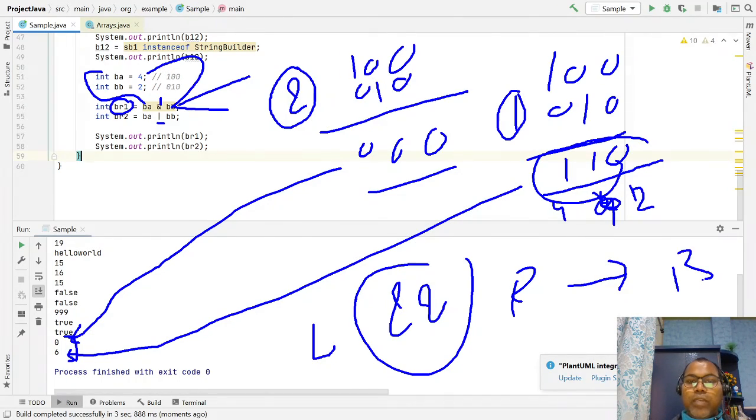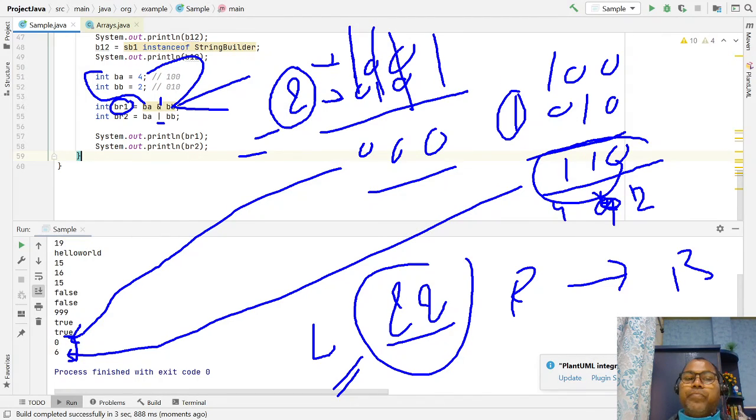So this is the major confusion between the single ampersand and the double ampersand. Double ampersand is the logical or short circuit operator. Single ampersand is a bitwise operator. Bitwise operators work on integral types and convert them into bits, working on one bit and one bit.